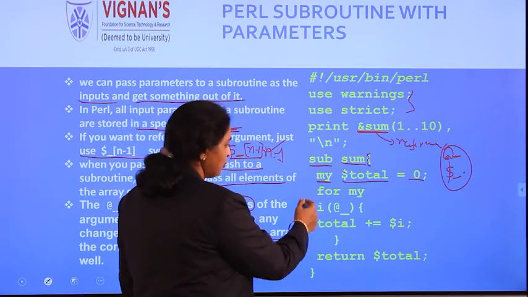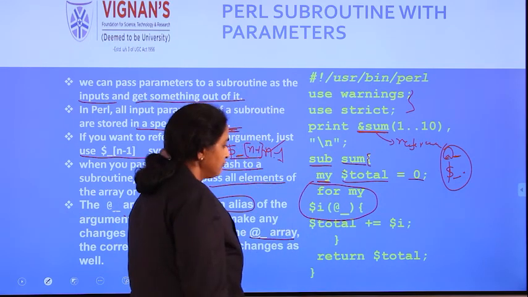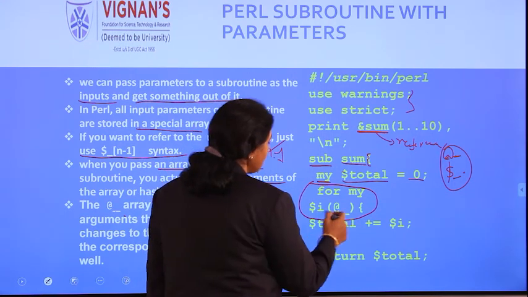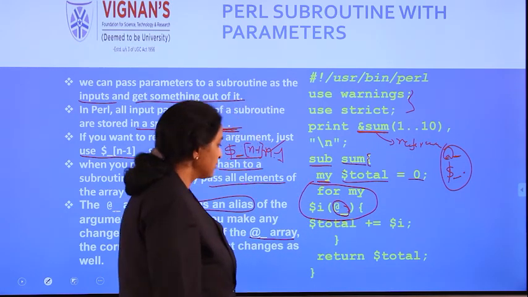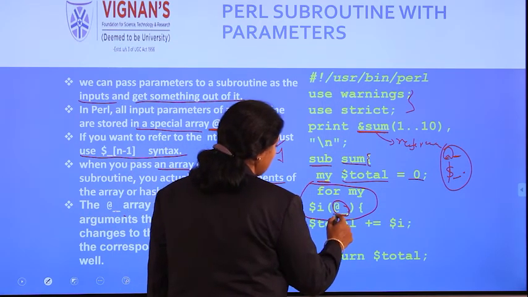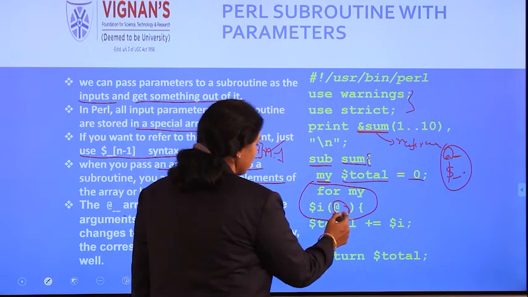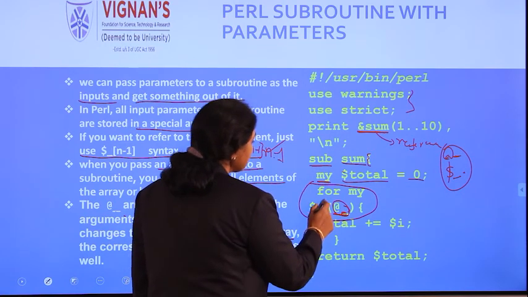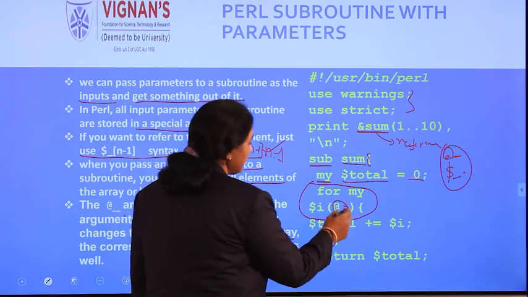Now we are having the for loop here. This is our for loop. What is that for loop? You see, for my $i. Now you are passing the array into the loop. This is the array you are passing. Now open braces. What is the impact of this ampersand, the array iterate underscore? We will see this array's importance, and $i is the index. As you know, for my $i, and that parameter is passed with the help of the array.